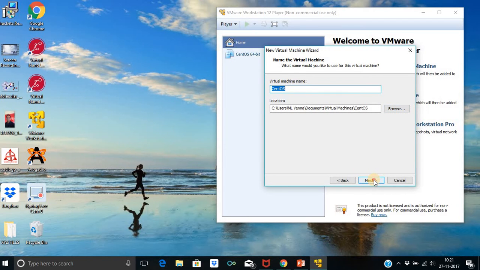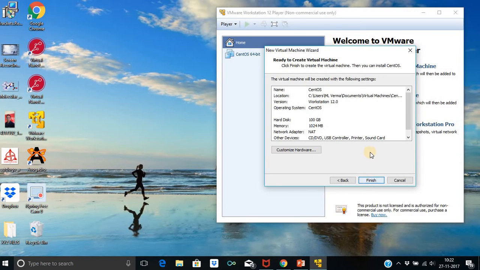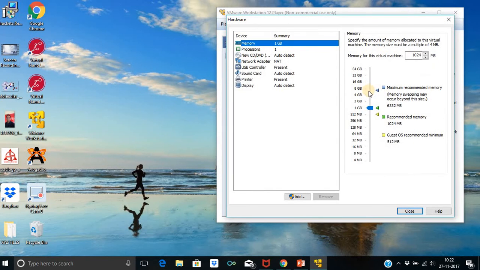In the same C drive I'm giving about 100 GB of space for this VirtualBox as a single file. Here I am customizing the hardware. I'm using 8 GB in this laptop, so I can give about 6 to 7 GB.